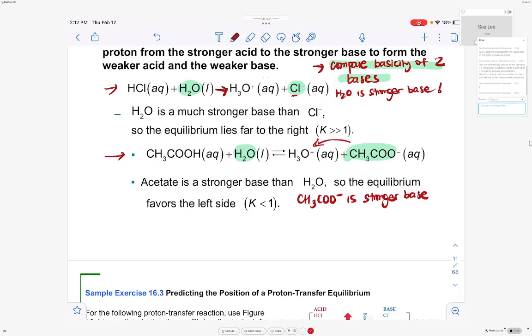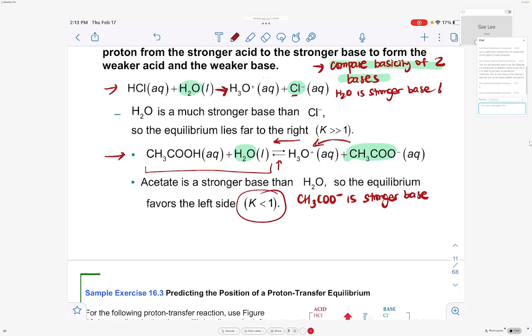And the reverse reaction would occur. So the reverse reaction is favored more than the forward reaction. So the equilibrium actually lies to the left. However, we use both arrows because the basicity of two acids don't differ much. The reaction favors the left side, but the forward reaction is still occurring, so we still keep the two arrows. However, the K value, the equilibrium, favors the left side.